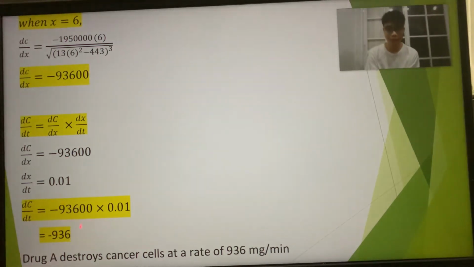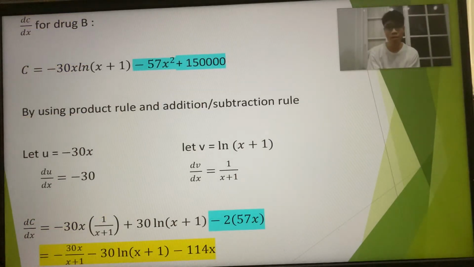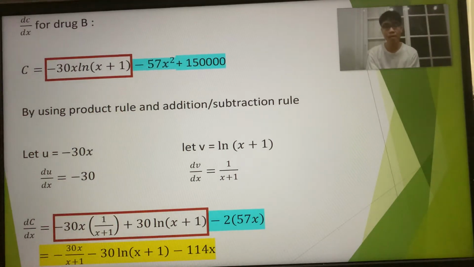for dc over dt for drug A. For drug B, we'll have to differentiate the equation of C2, and we'll differentiate it by the product rule and the addition subtraction rule. So we have to break this equation into two and differentiate minus 30x ln(x plus 1) using the product rule, and the remaining will be by the addition subtraction rule. Once the expression of dc over dx is formed for drug B, we can start substituting the value x equals 6 into